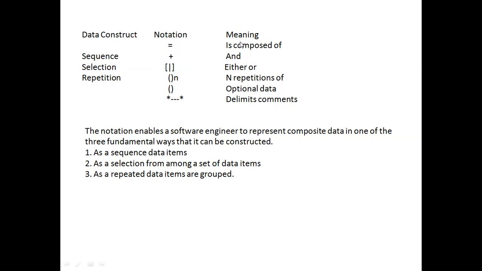And in the third column, the meaning of these notations. The notations enable a software engineer to represent composite data in one of three fundamental ways: as a sequence of data items, as a selection from among a set of data items, or as a repetition where data items are grouped.